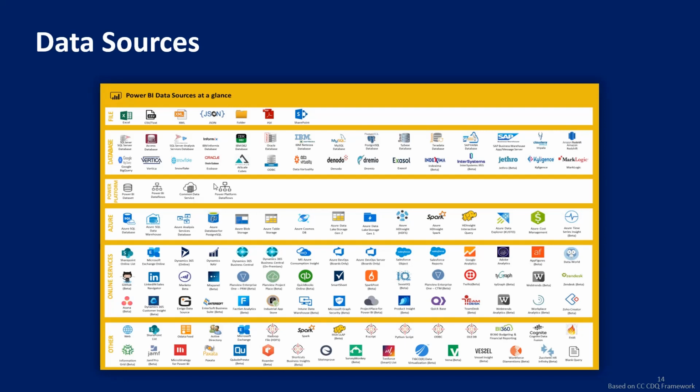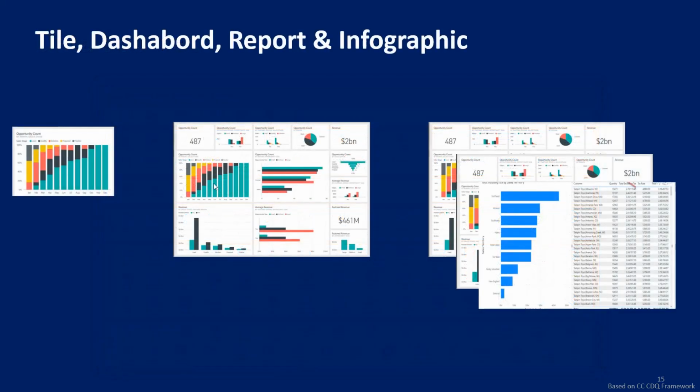All right. Components of Power BI. There are a couple of things. We have the tile, which is basically a single chart. Then we have the dashboard, which is a combination of those charts. And then we have the report, and there are infographics as well, so we'll learn infographics too. A report is basically a combination of multiple dashboards. So the core component is the tile, then we come to the dashboard, then we come to multiple reports. Just for your understanding, we'll cover a little bit more on this, but these are the parts that we'll be covering from a visualization point of view.